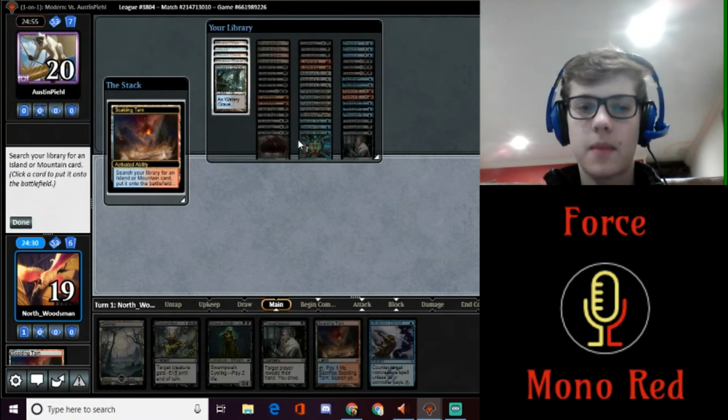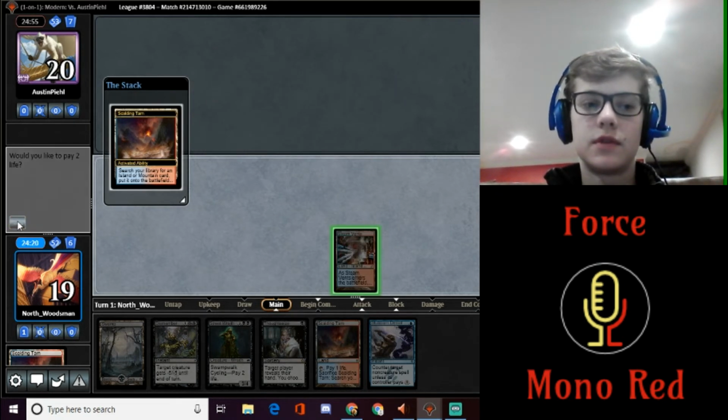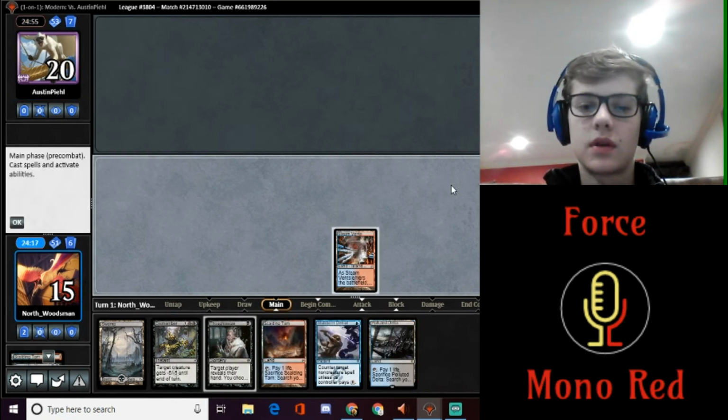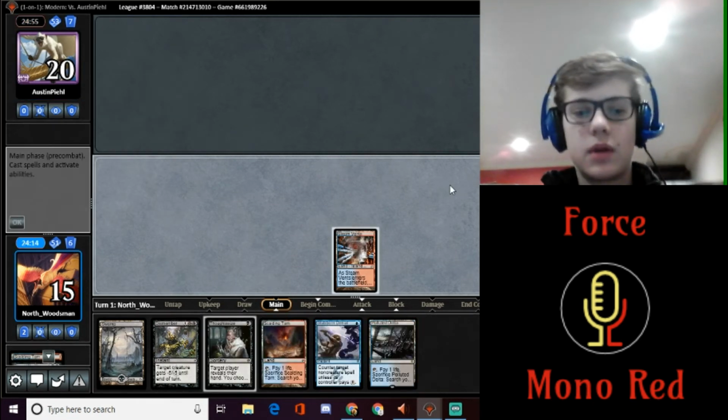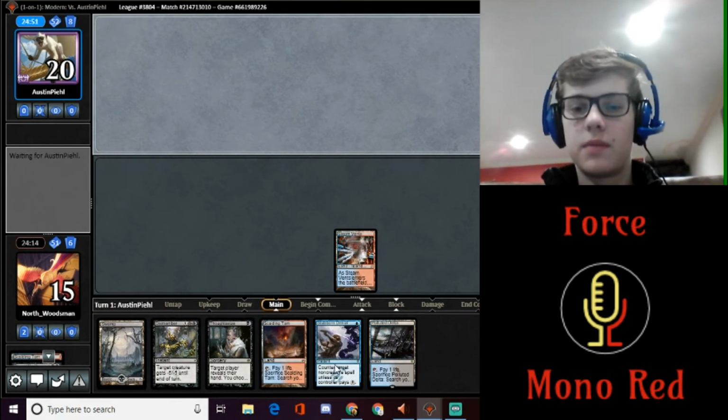Blue, red. Yeah, because if we draw either... well, that might have been a mistake, but it's fine. Can't Thoughtseize on turn 1 now. Yeah, probably a mistake. Do not get land, get Thoughtseize with. But,